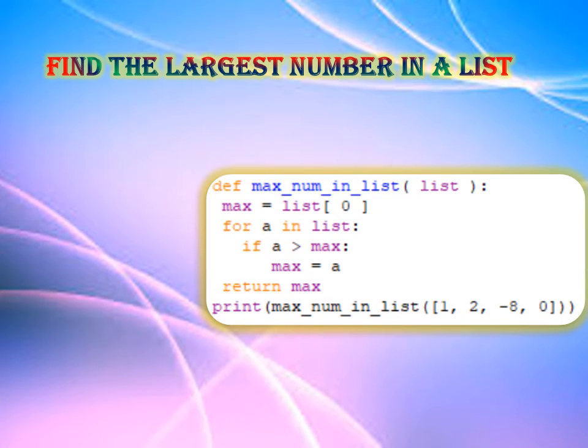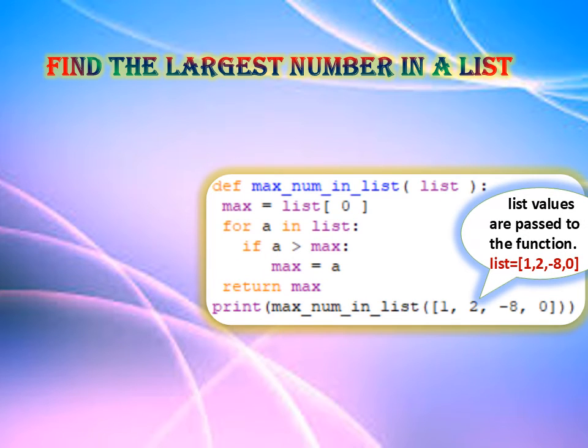And let's find the largest number in a list in another way, using a different function. So first we are passing the list values 1, 2, minus and 0 to the list variable, and then the first element is assigned to the variable max,